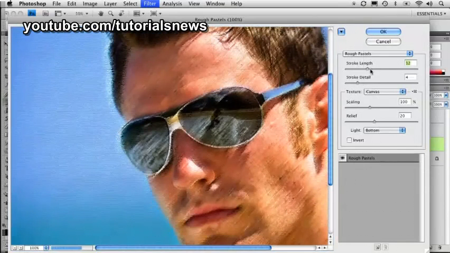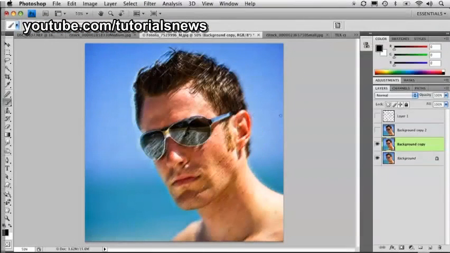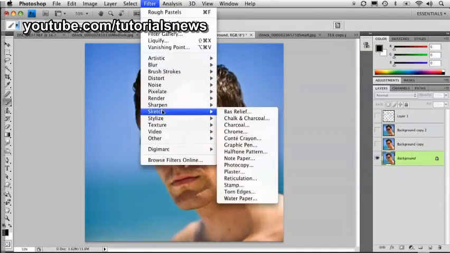We can increase the stroke length and the detail. Really go crazy with it. Like I said, experiment. Just try different things. So that looks good. I'm going to click OK, and that has applied that effect there. Now let's turn that one off, select the bottommost layer, and let's do something along the lines of,